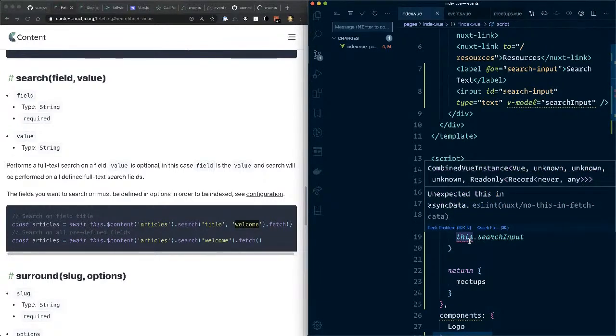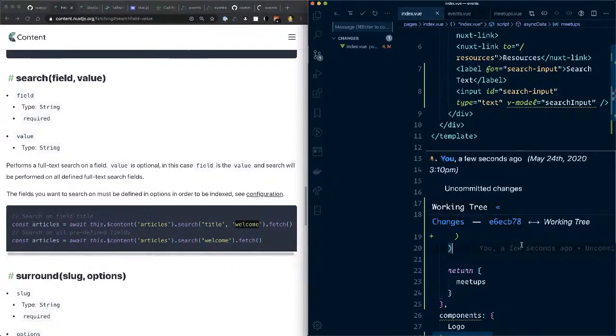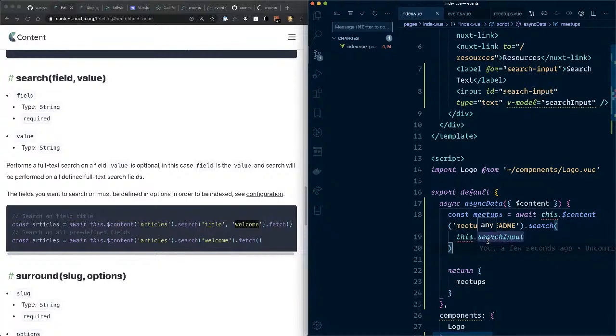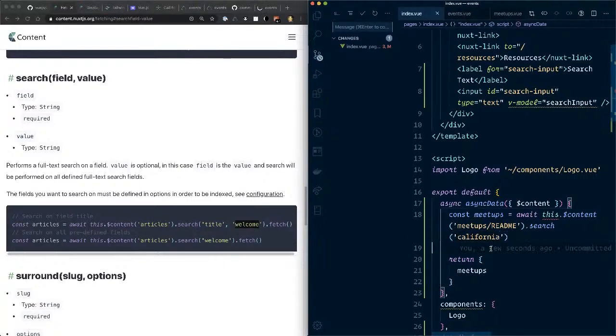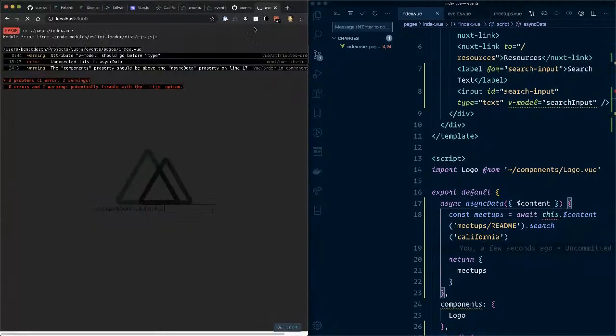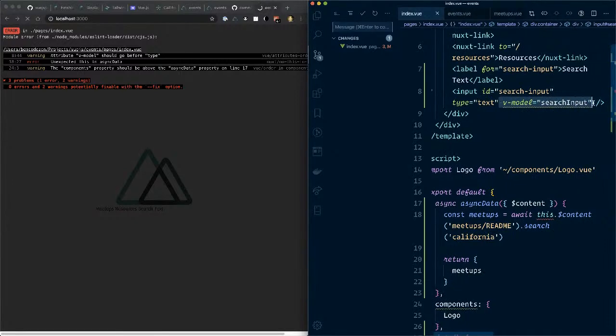What's wrong? Unexpected this in async data. What? Oh, wait. We're in context. This is not as intuitive as I want, but let's go one farther down. I'm just going to say California. Let's not make it dynamic just yet. So, yeah, I know. I fixed those things. Okay, if you really want me to put a v-model before type, that's fine. Okay, so now that it's saved,